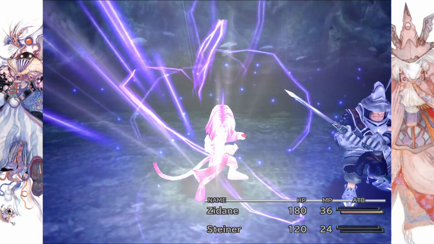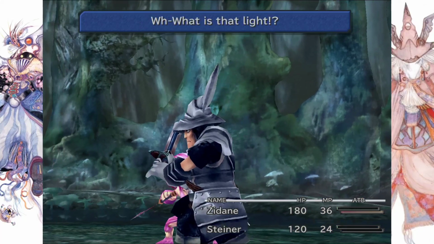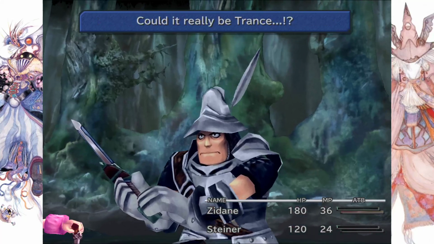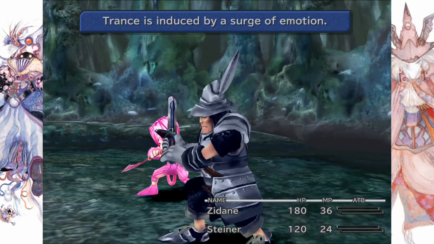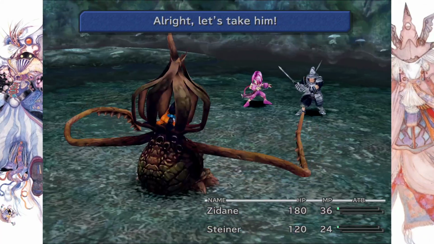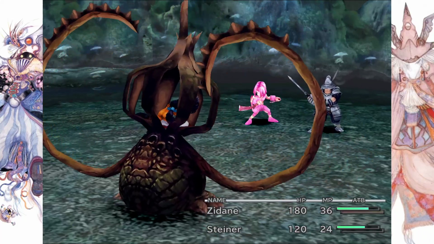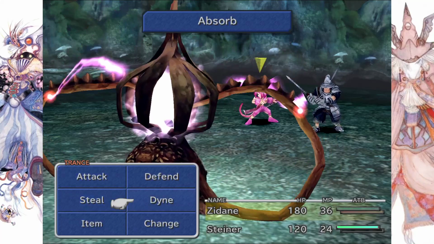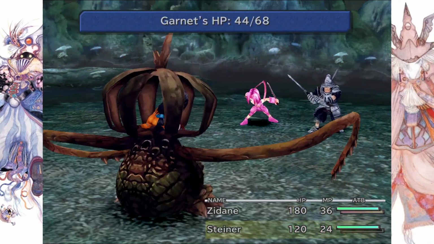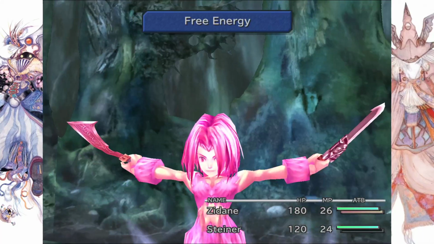Say hello to this game's version of limit breaks. So it says here that Steiner says that trance is induced by a surge of emotion. That's not quite true. Trance in this game is induced by getting hit by the enemy over and over again until your trance meter goes all the way up. And when it's all the way up, then you get into trance mode where you can use...